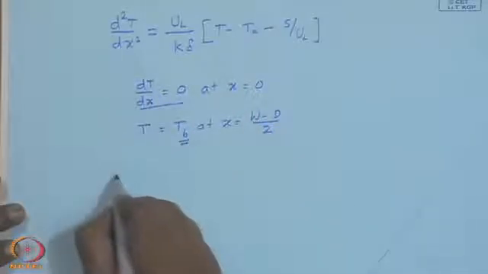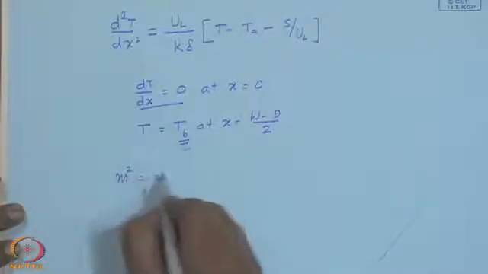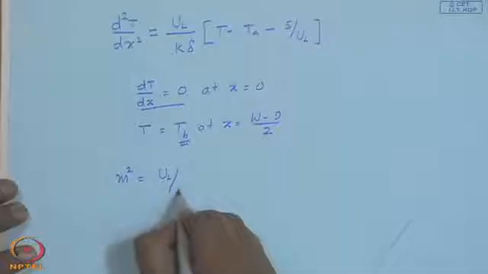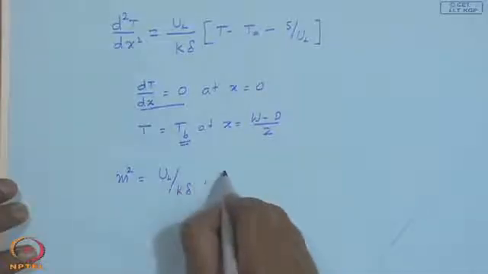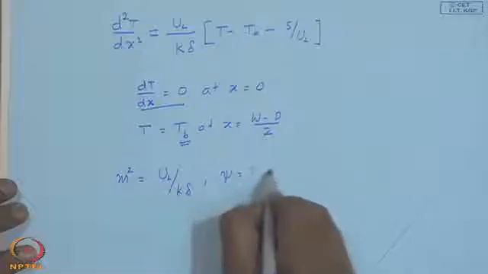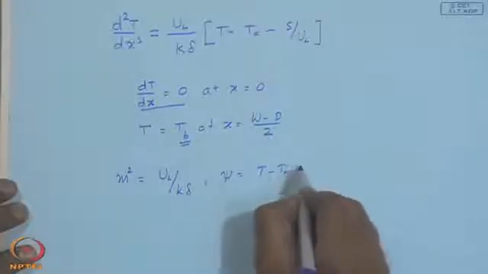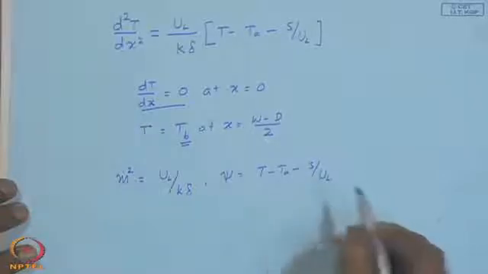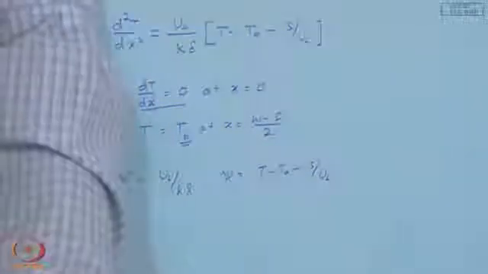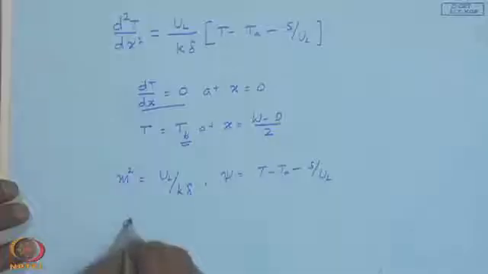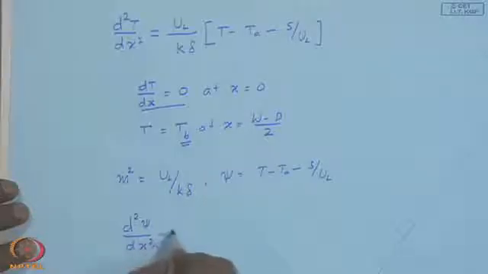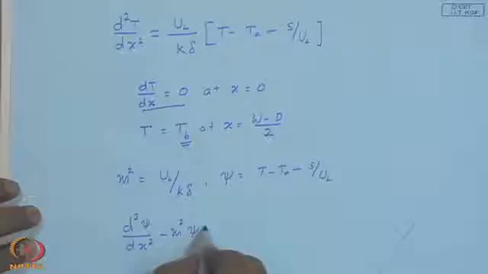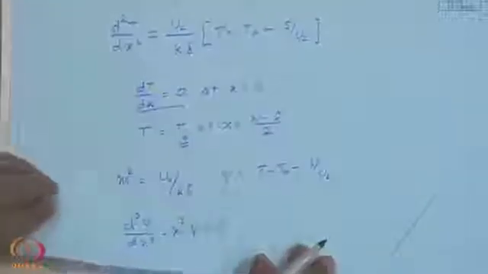And if you introduce m squared equal to U L upon k delta and psi equal to T minus T a minus S upon U L, this becomes the equation, and the boundary conditions in terms of psi being